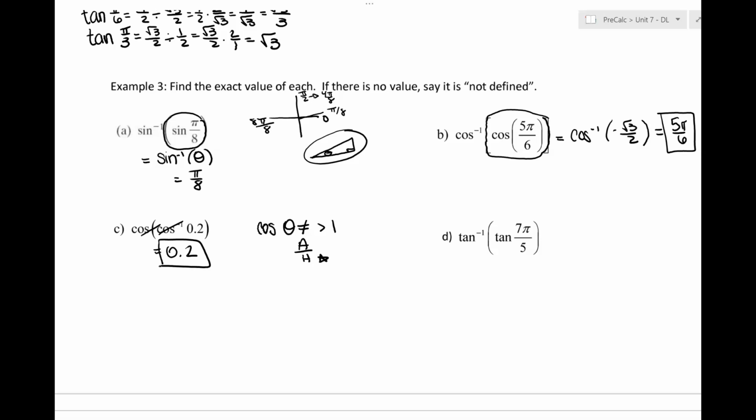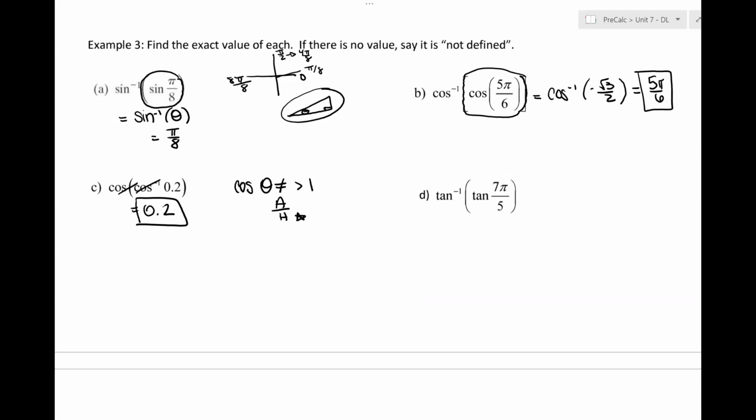All right. I think we've got just a few more. Hang in there with me. Tangent of 7 pi over 5. Okay. So if I'm at 0 and I'm at pi, and my denominator is 5, that means that this is 5 pi over 5. Okay, we're trying to figure out where this angle might be. Okay, if I'm at 3 pi over 2,